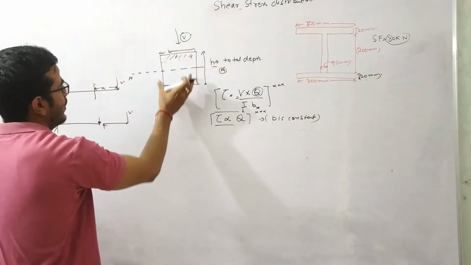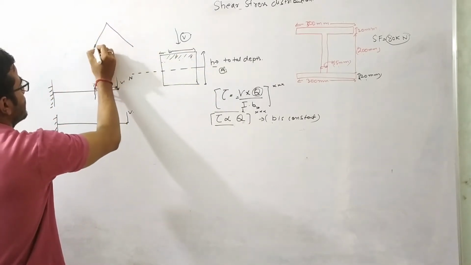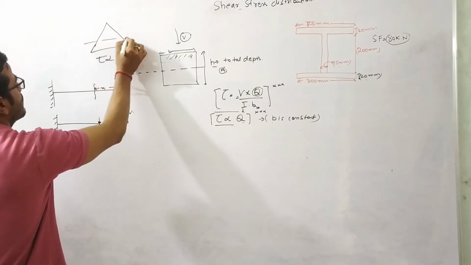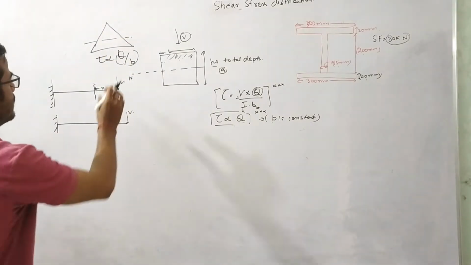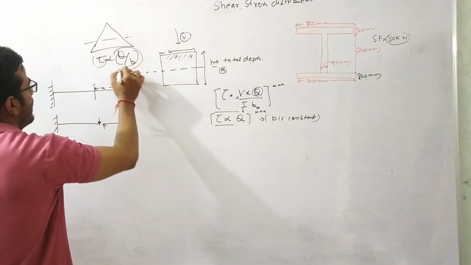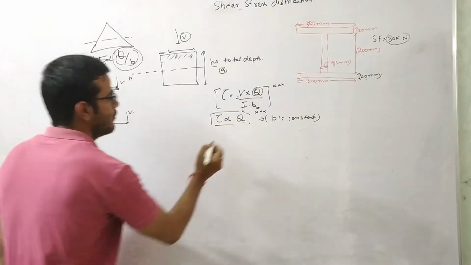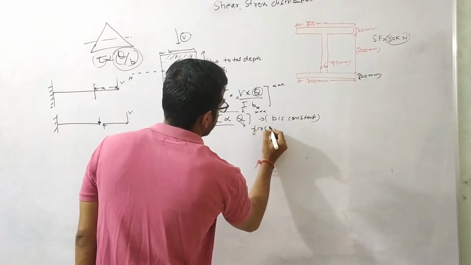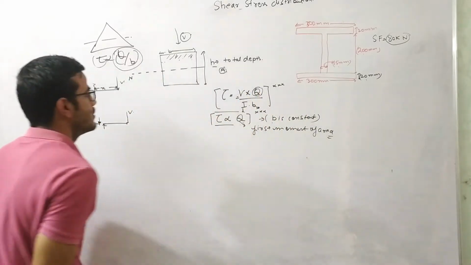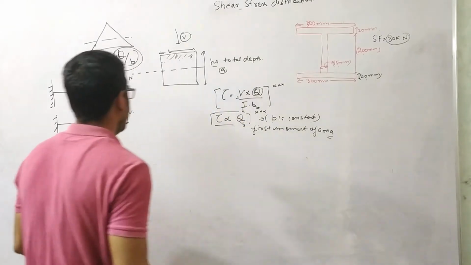Here you can see that for this rectangular cross section, B is constant across the depth. If it had been a triangular section, then tau would be directly proportional to Q over B, because B varies across the depth. For maximum tau, I need to maximize this term. In the rectangular section, I need to maximize only Q, the first moment of area. This is the important formula, and you need to think about what factors my tau depends on.